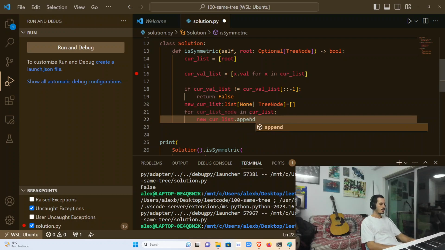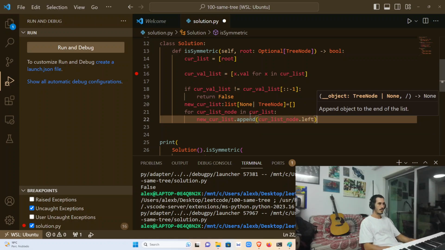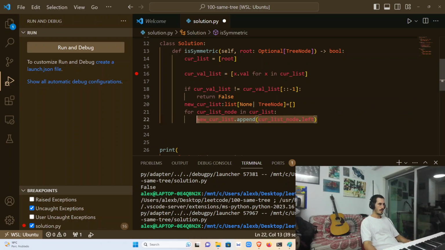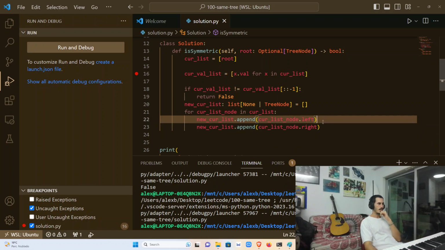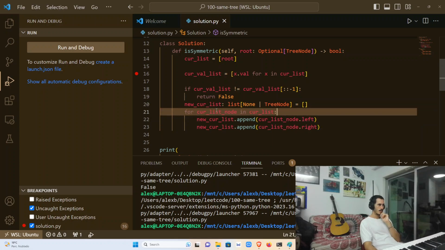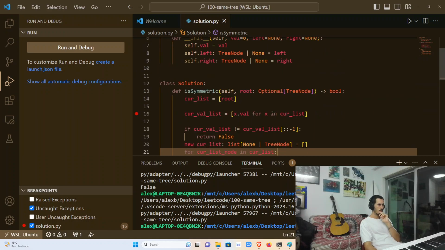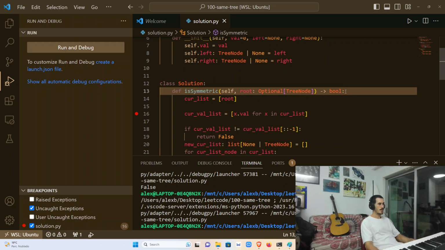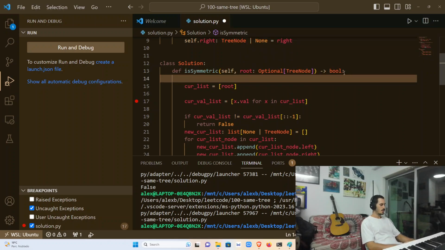Dot append current list node left, and same thing dot right. And now the only problem is, what if it's none? Well, in this case, it's not really an issue. Well, it is an issue because it will be none sooner or later. So let's just do